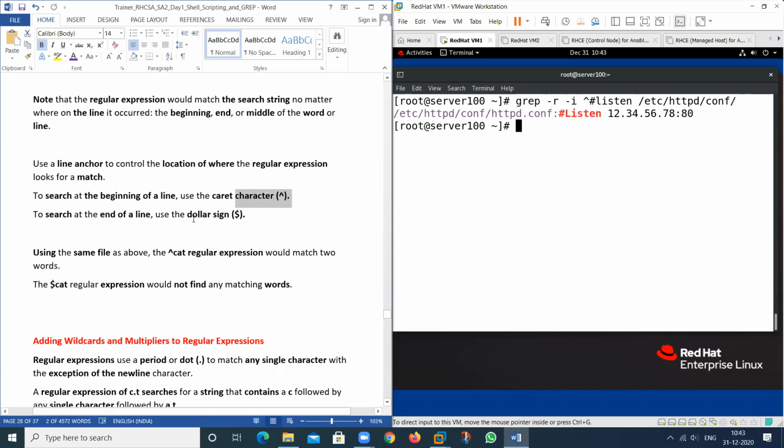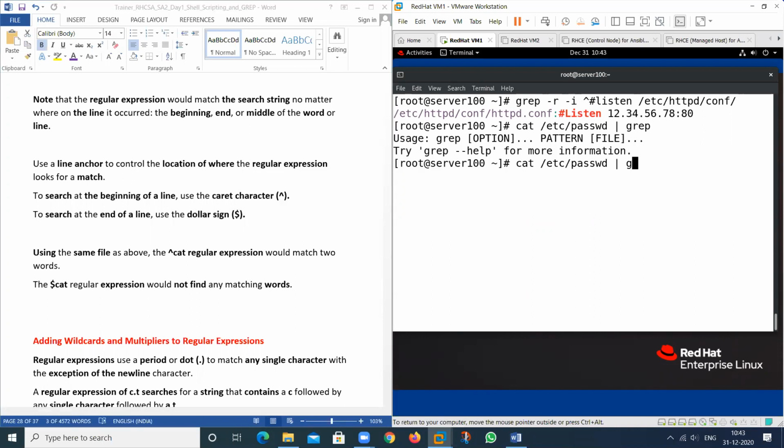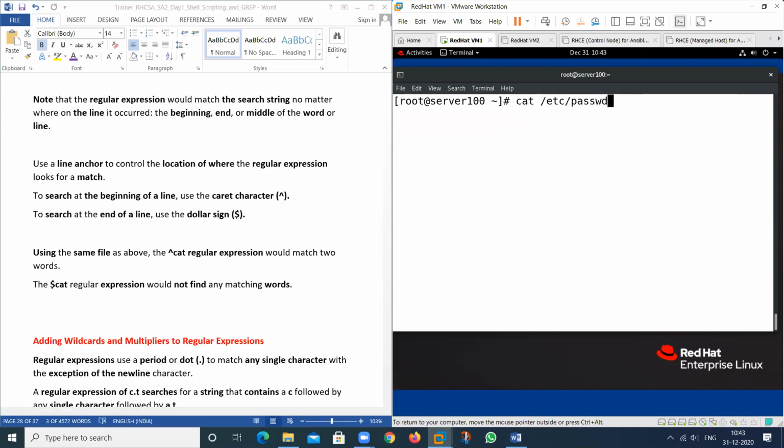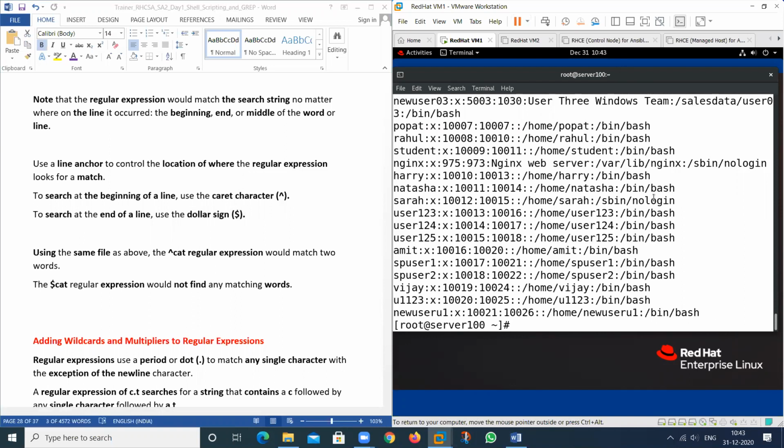If I want to search any character that contain on the end, so we can use for the end dollar sign. See, see what is in the end? Dash. I want to search how many users are contained in this particular file, that are the regular user.